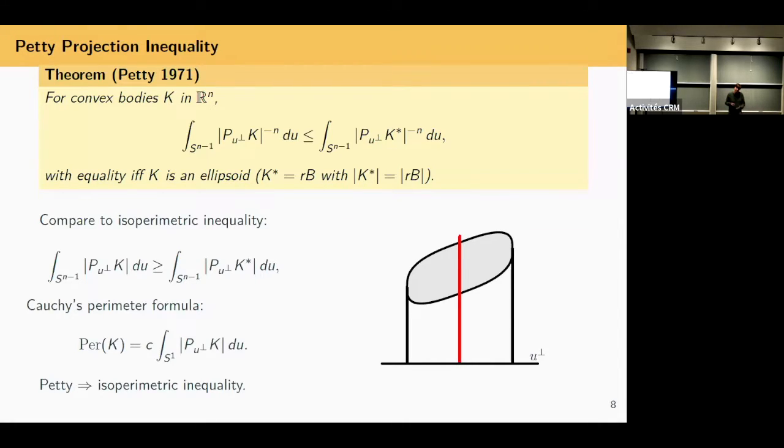The easiest way to understand that is maybe just to think of the plane. You take a planar convex set, project on a line, measure the length, and average over all directions. I've drawn a convex set, I project it on a line, and now the red line, any line perpendicular to it in the plane U perp here, is going to cut the convex set into two pieces, and it cuts the perimeter into two pieces. No matter where I cut it, the sum is always the perimeter. So if I integrate over that length, I'm just integrating the perimeter.